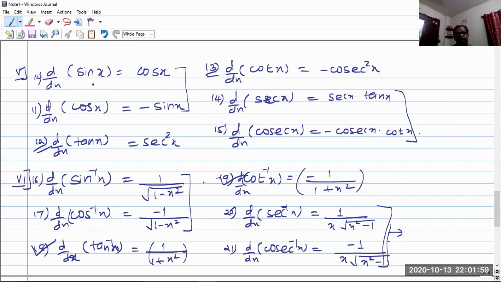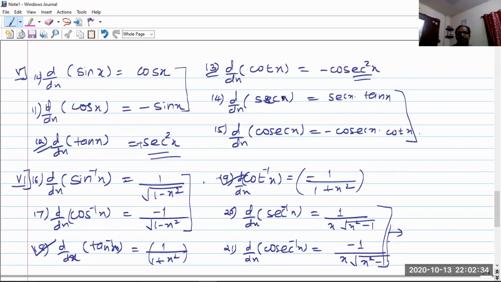That's all. After that, the derivatives of tan x and cot x. What is the similarity between them? The derivatives of both of them are in quadratic forms. So that similarity you can keep in mind to remind the formula. The derivative of tan x is sec squared x, whereas the derivative of cot x is minus cosec squared x. Again, the first one is positive, whereas the second is negative, just like in the first two derivatives, cos x and minus sin x.